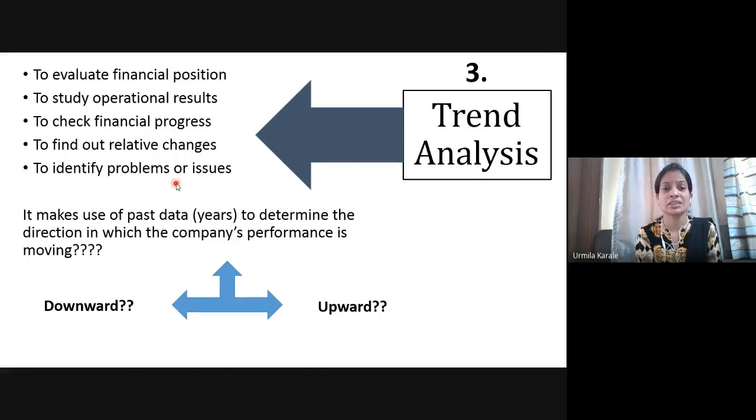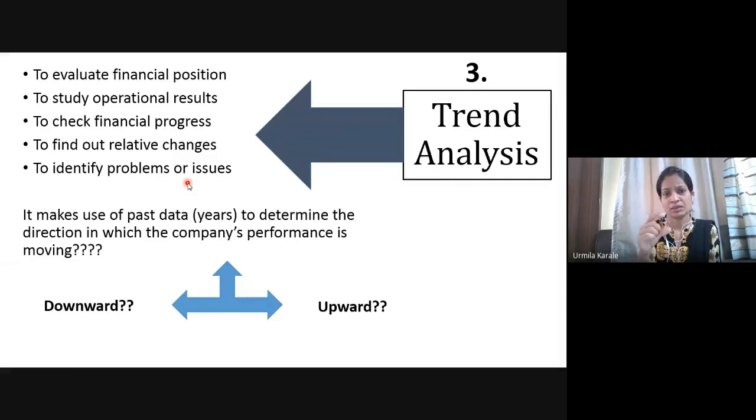It will also help you identify issues and problems. The reason being, suppose with trend analysis you are trying to find out how the sales have changed over a period of time. If you find that for the last 2 or 3 years a downward trend is showing, a decrease in the sales, then you can understand that is a major problem, right? So you can identify that problem and think about why the sales are going down. This is how trend analysis is going to help you identify the problems or issues in each and every component.